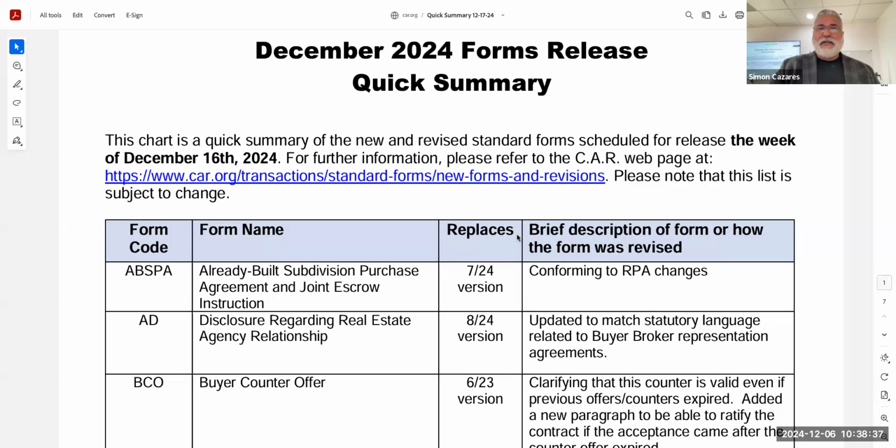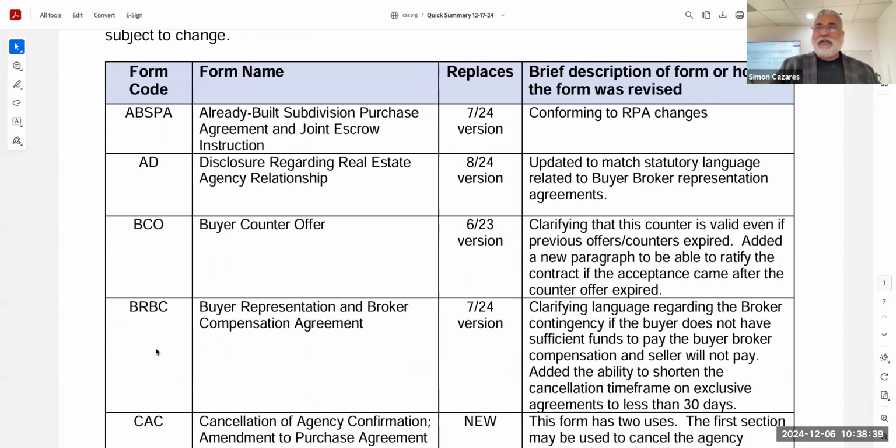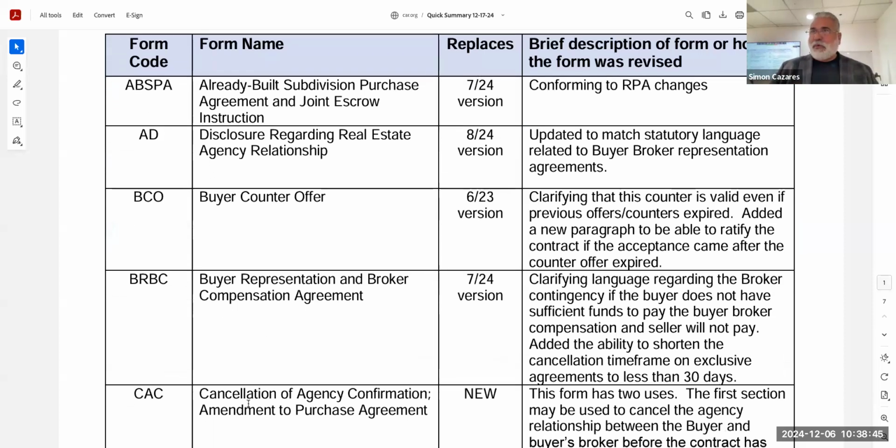Now, when I go back to, let's say, the BRBC on the summary, what I like about the summary, folks, is that it gives you a little bit more of the description and brief understanding. So under the new buyer representation agreement, it says it's clarifying the language regarding the broker contingency if the buyer does not have sufficient funds to pay the buyer broker compensation and sellers will not pay, added the ability to shorten the cancellation time frame on an exclusive agreement less than 30 days. So if we go back